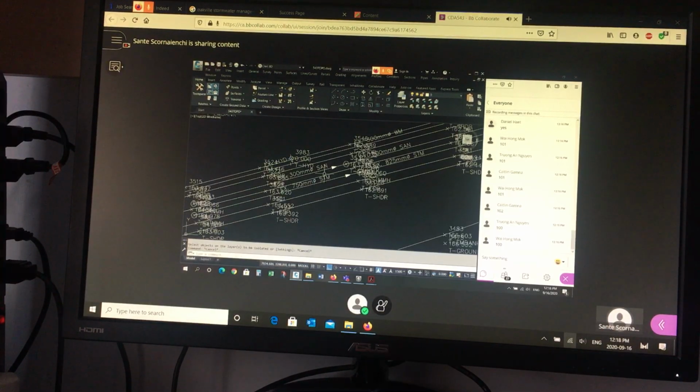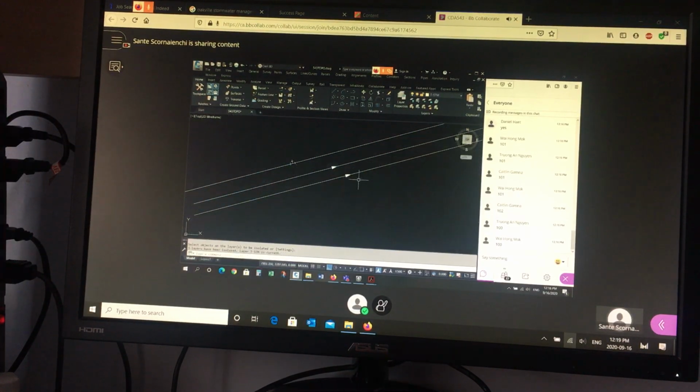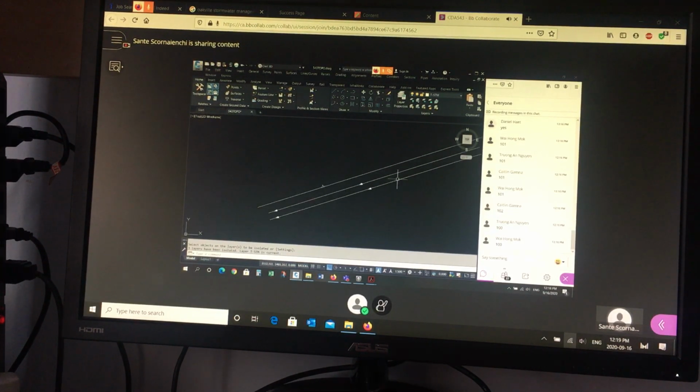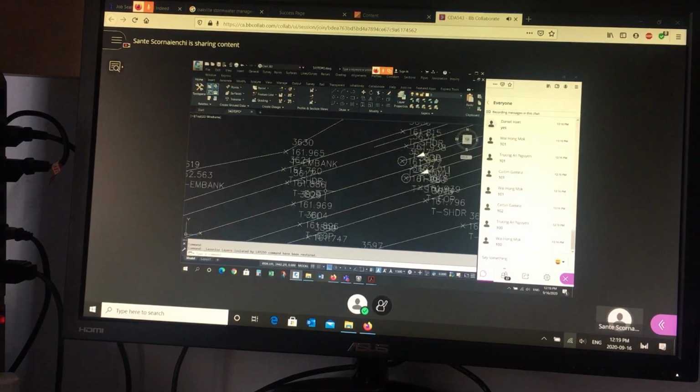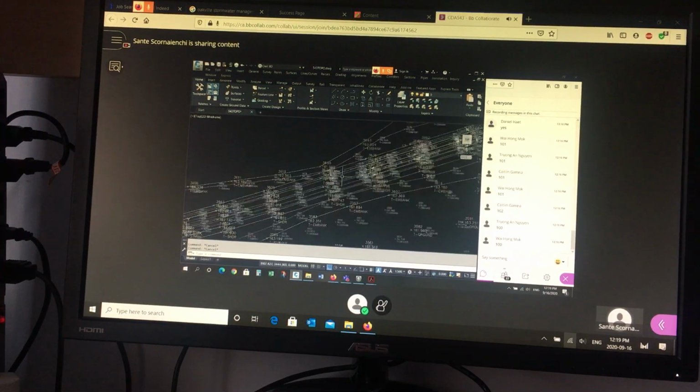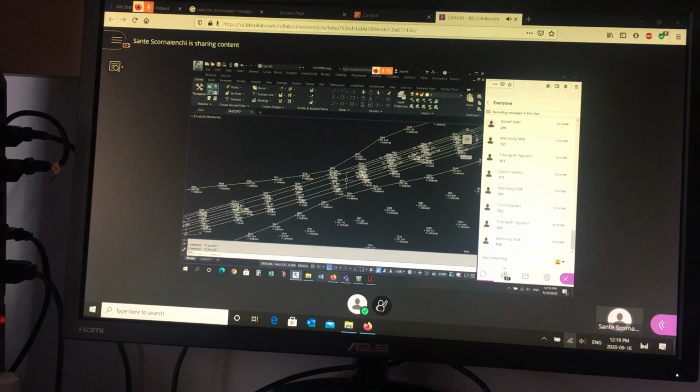Let me turn off, let me just go. There are no points associated with the storm, sanitary, and water main. This stuff here doesn't have points. They're just lines in the drawing. There's no elevations. Okay? But if you look at the center line of the road, it connects the dots at the points, the edge of pavement, and so on. So when you're defining break lines for this assignment,